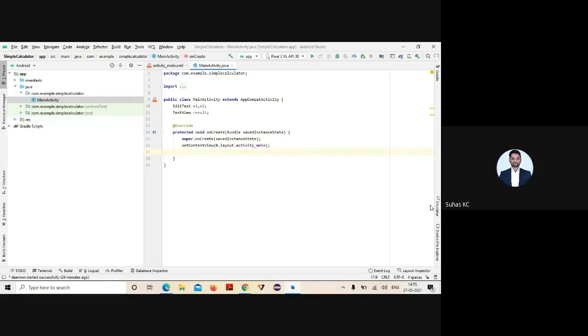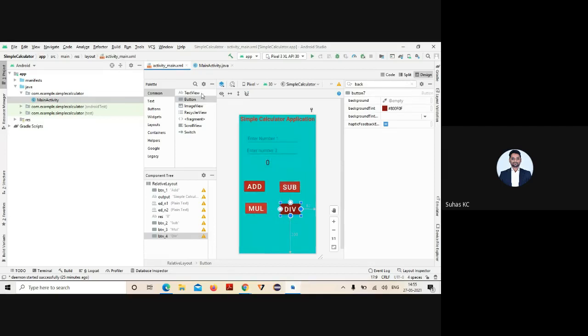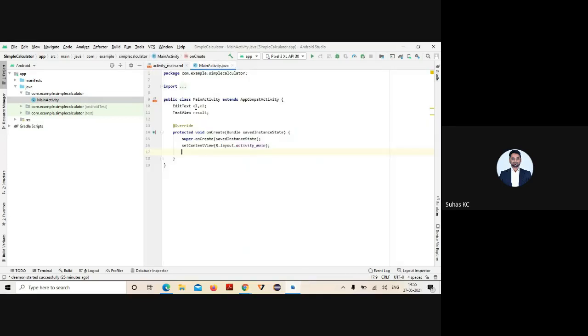So let me assign some variable, e1. How is this particular first edit text component referred to? This number one that I am entering, which object refers to it? Which variable? Sorry, I have taken EditText. Yes, e1 equal to, and the method I am using is findViewById.